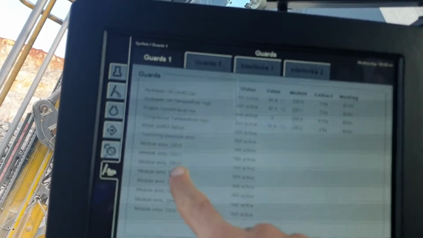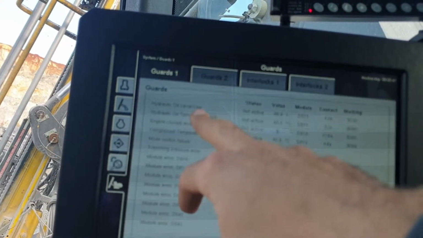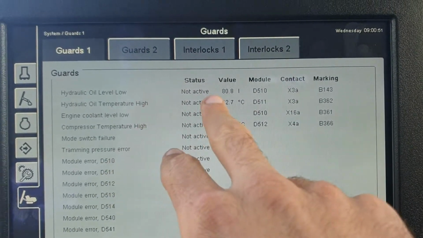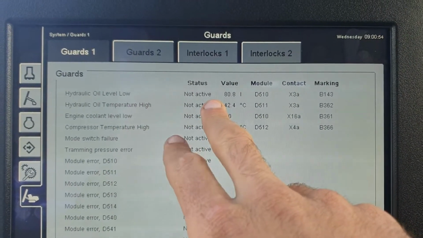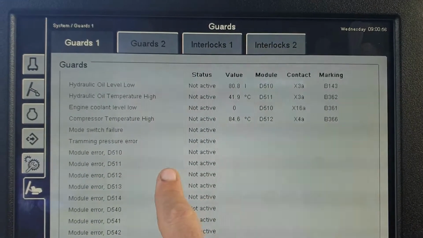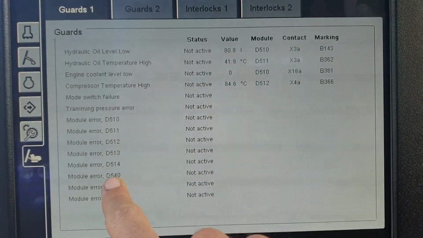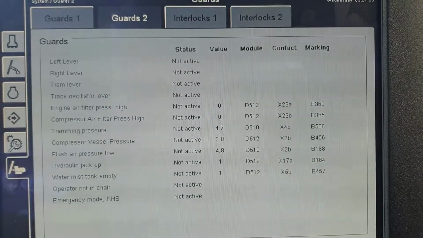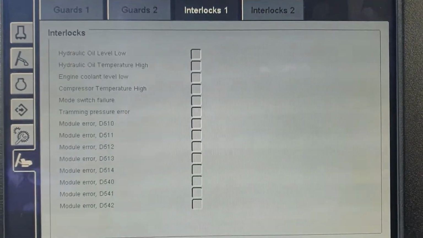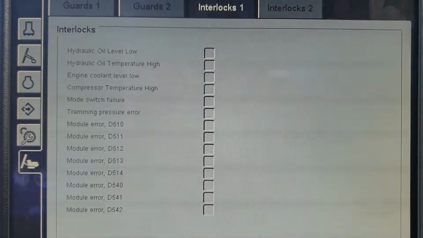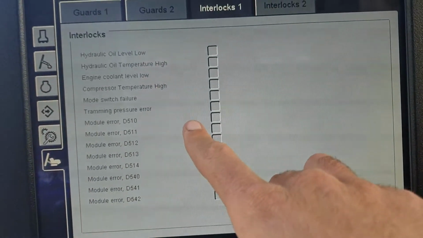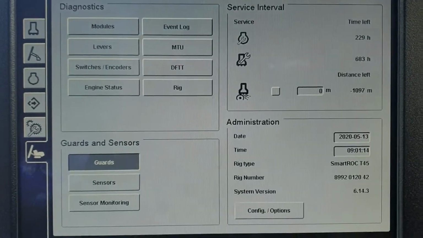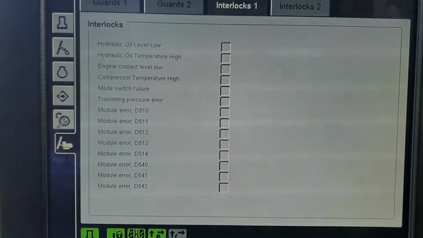So these are all things that can go wrong. So hydraulic level too low. If the level's too low, it'll actually shut the rig down, right? And you can obviously bypass that if you need to move it. Things like that. If certain modules fail, you can bypass that particular module. And interlocks, and then this is how you would actually go about bypassing them. So you'd have to put the code in, and then these would be selectable, and you could bypass certain things for whatever reason. A common one with this actually